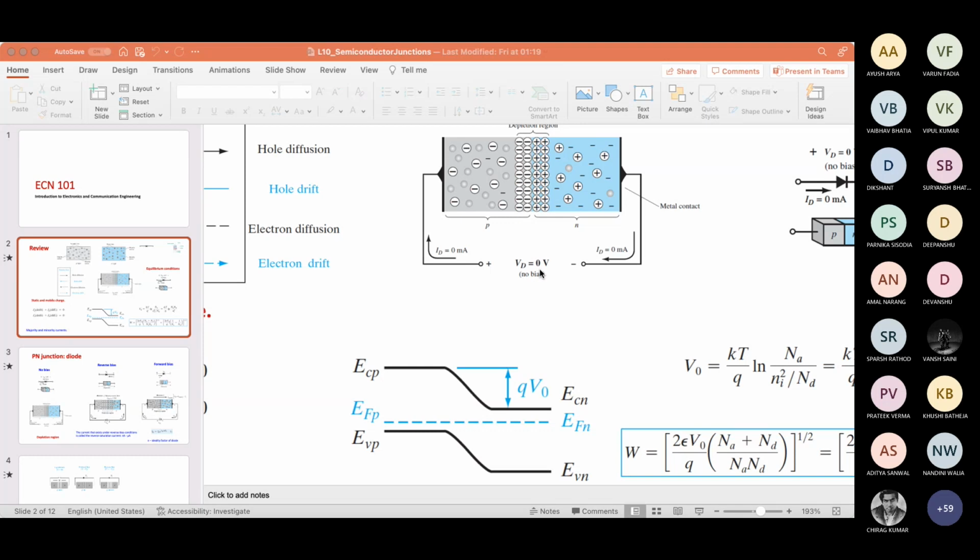There were some more questions, I guess. Sir, if Fermi level is constant, then how can it be changed? It can be changed by applying a battery, or by putting more carriers on one side. For example, if by any mechanism we create more carriers on just the P side, it will change the Fermi level.